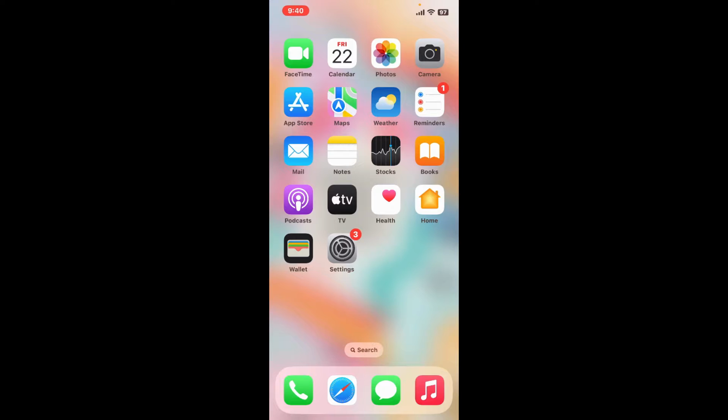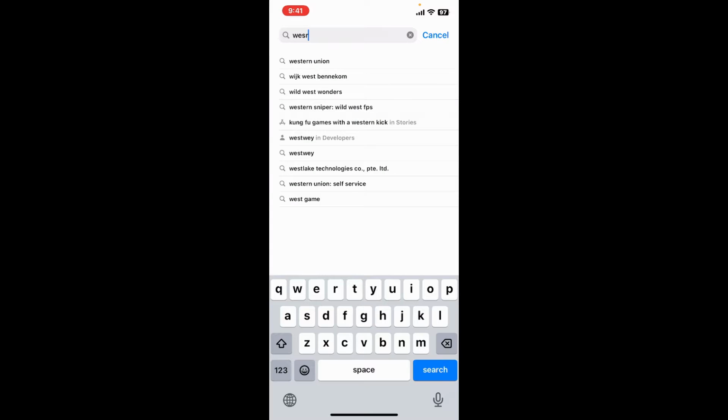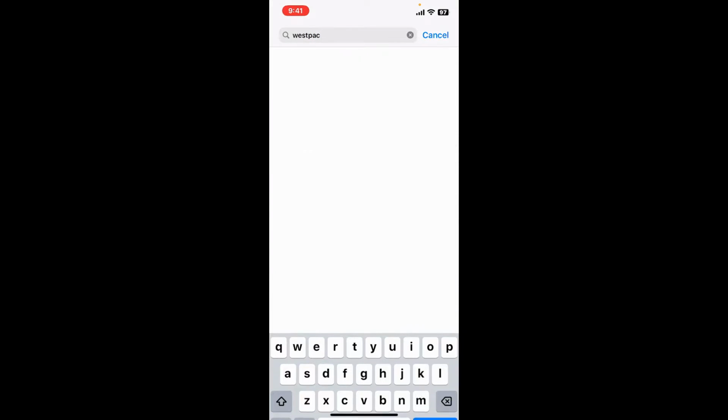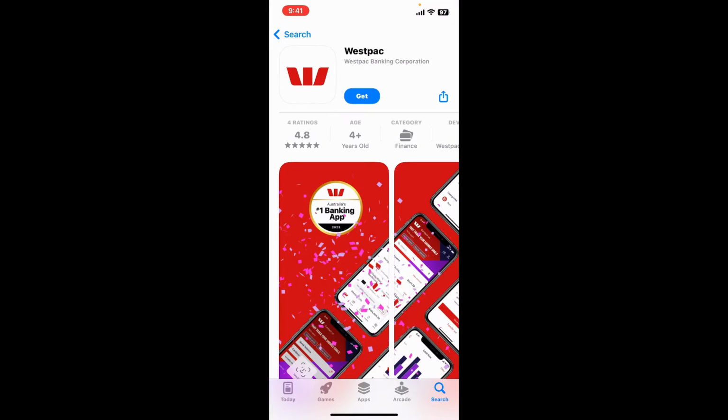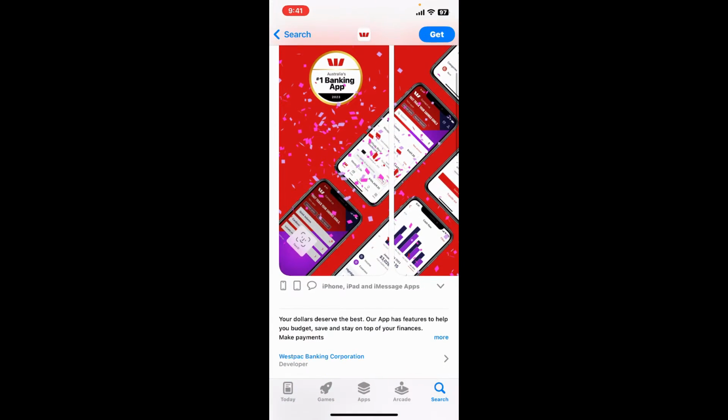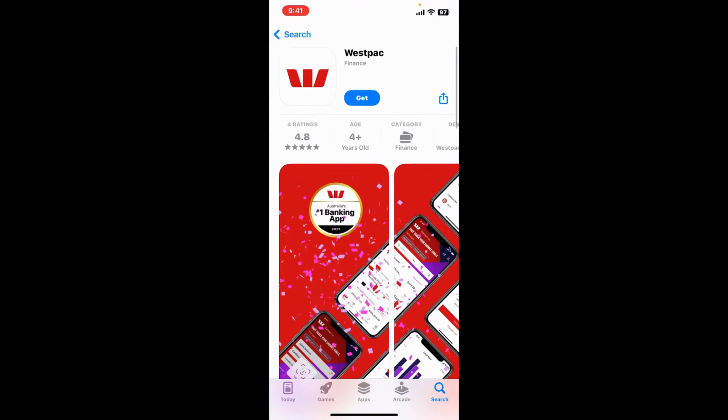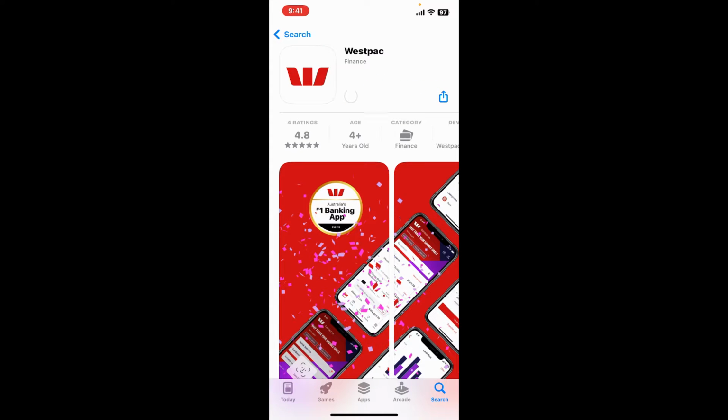To download Westpac application on your mobile device, first of all, open your App Store or your Google Play Store. Go to the search box at the top of the screen and type in Westpac and search. Once you see this Westpac Banking Corporation application, simply tap on the Get button to start downloading the app on